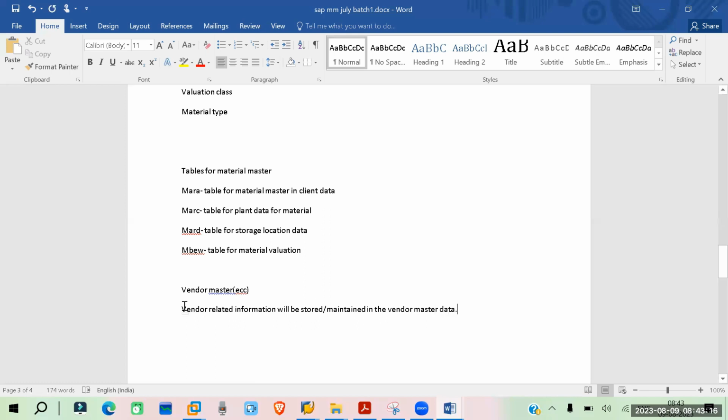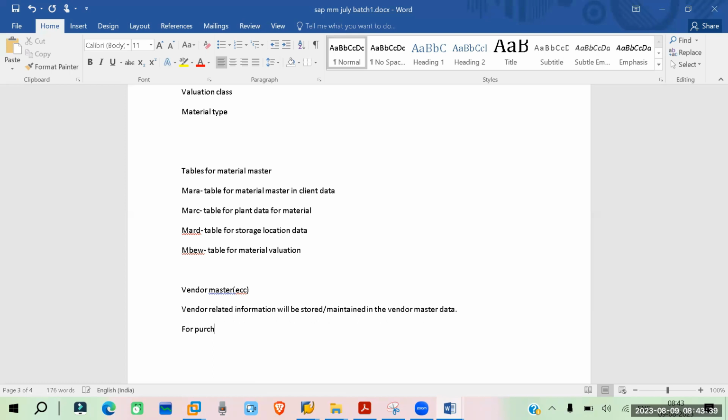Whatever things we need, we will be storing under the vendor master data. So first, let's understand, for vendor master creation, we can create it for